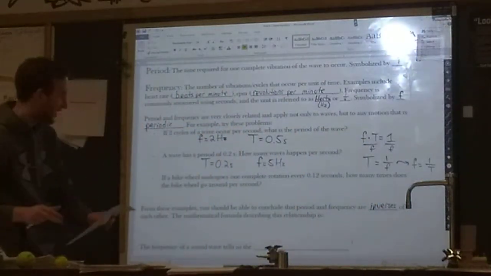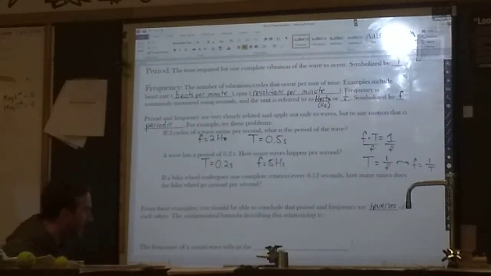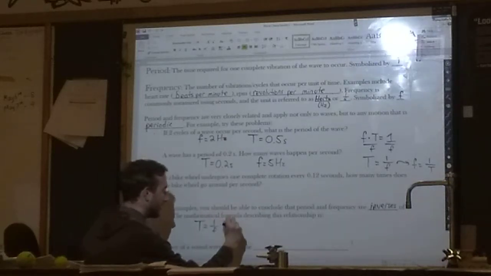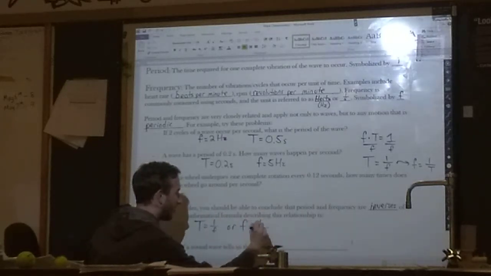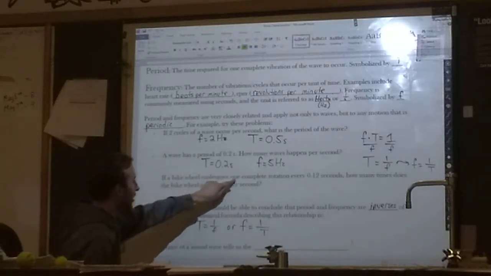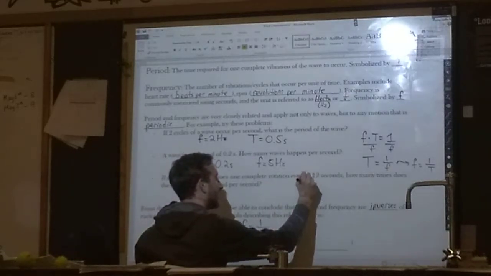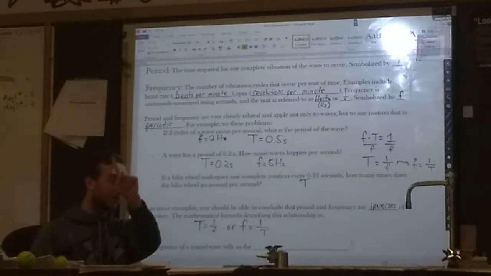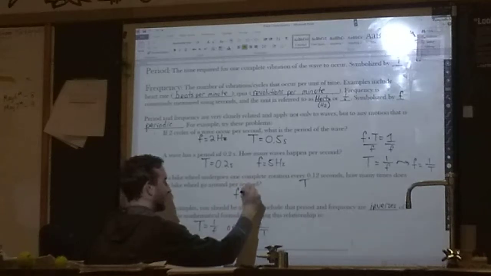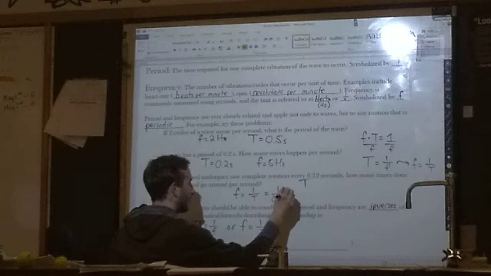They are inverses. And I'll get to this example in just 1 second. The equation that describes their relationship is this: T equals 1 over f, or you can also use f equals 1 over T. That's what inverse means. So, in this case, it says a bike wheel undergoes 1 complete rotation every 0.12 seconds. That is the period. That is the amount of time it takes for one cycle to happen. So that's T. We want f. So we simply take 1, divide by 0.12